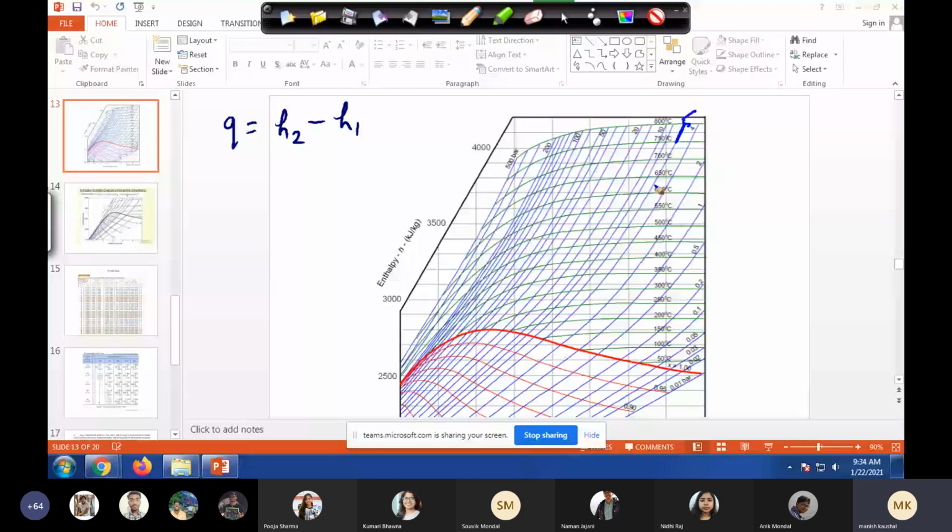So here we have an isotherm. You can see this is the 150 degree isotherm, this green color one. This is 150, and ours was slightly higher, so let's say 151 point something. Okay, so this one is ours. This is our temperature line: T equals 151.86. And this is our pressure line.